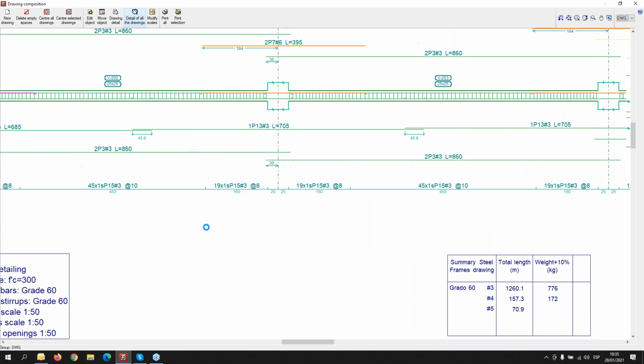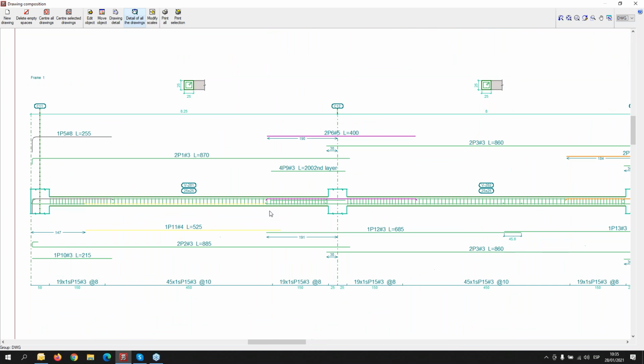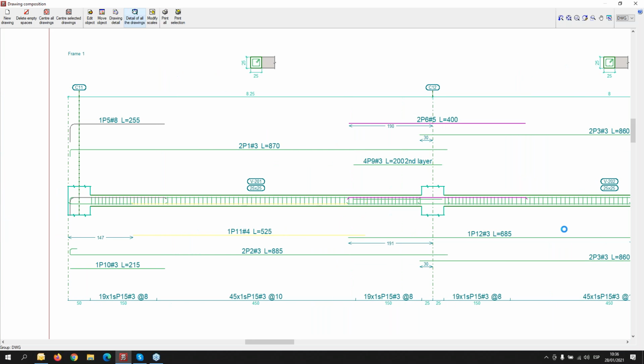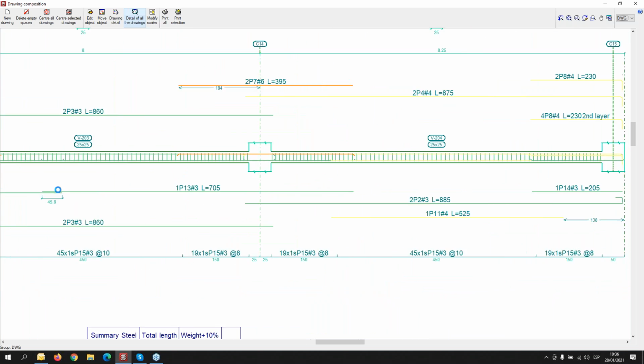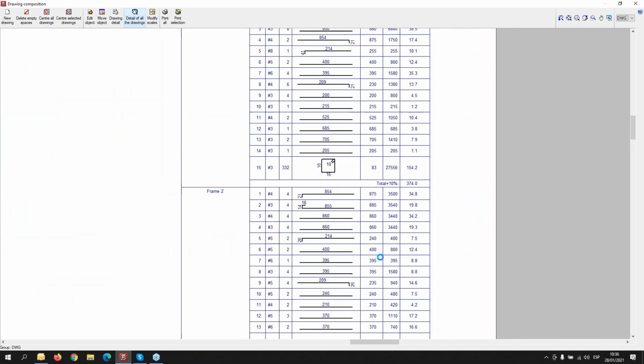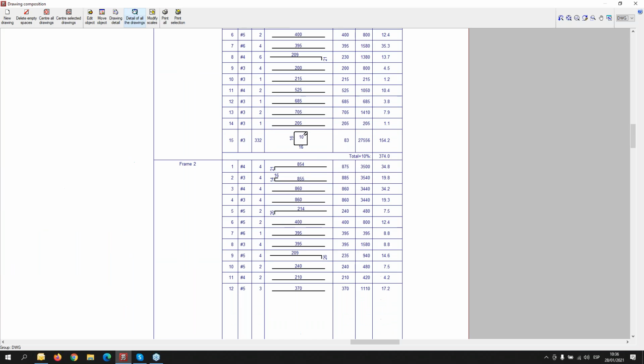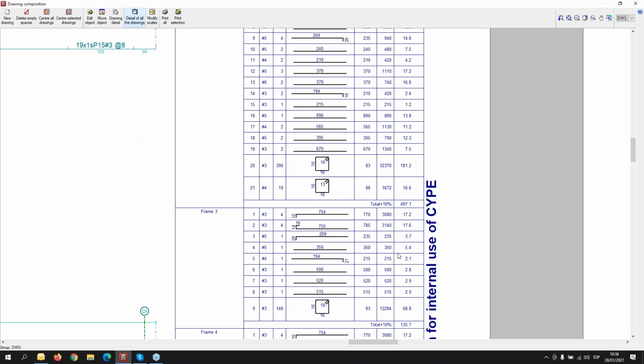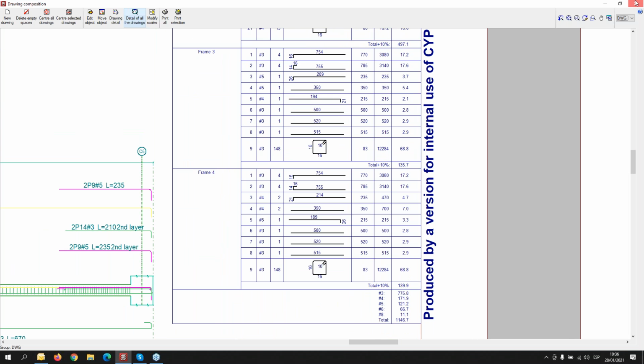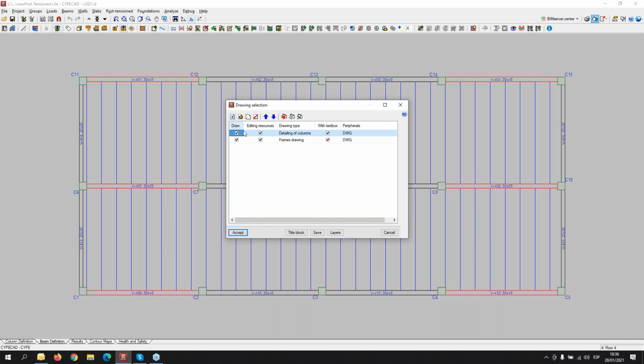We have the beams, and here we have the diagram to send the information to, for example, an automatic fabrication. Okay, so we